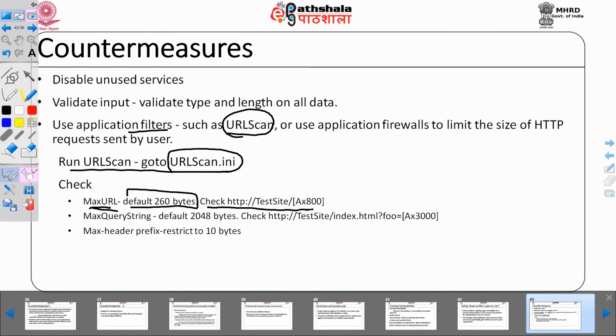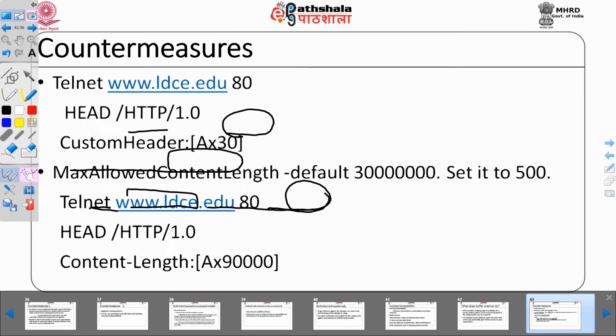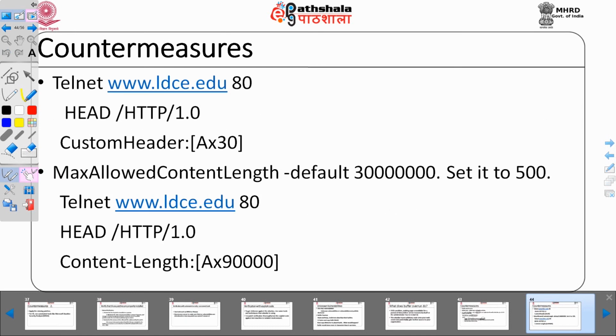If you type more than 260 bytes, it would generate an error. Here the letter A has been repeated 800 times, but since the defined length was only 260 bytes, the 800-length URL would generate an error. In the same way you can set other parameters to filter the URL.